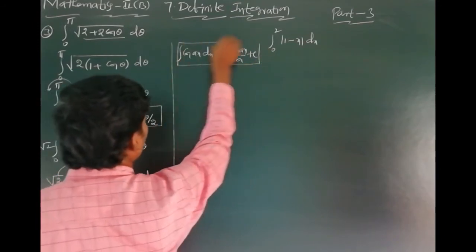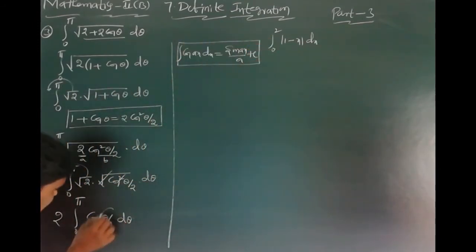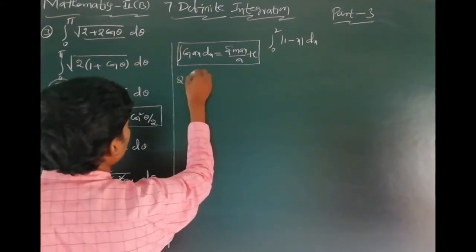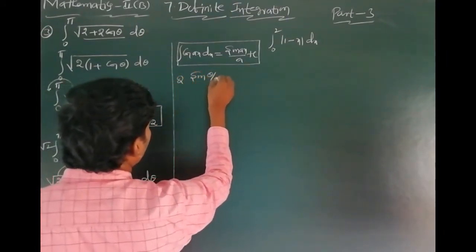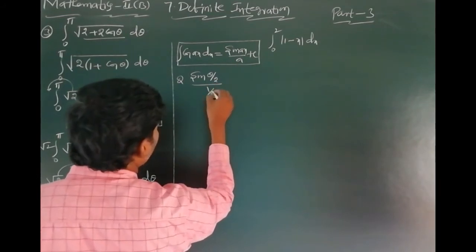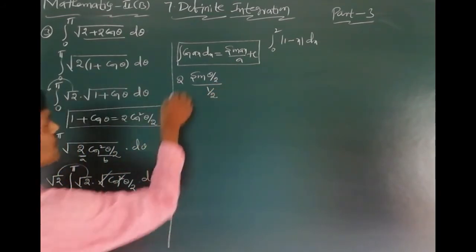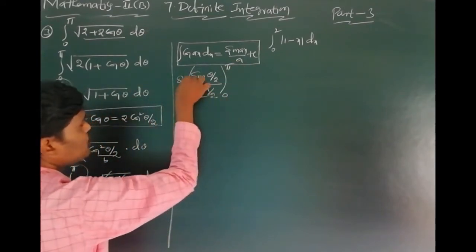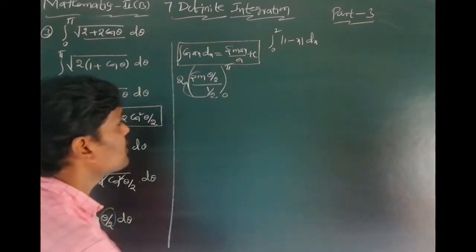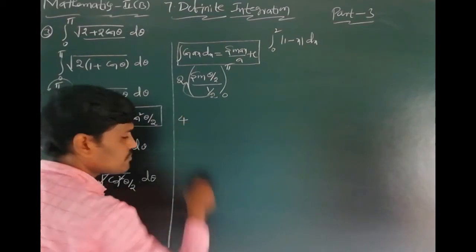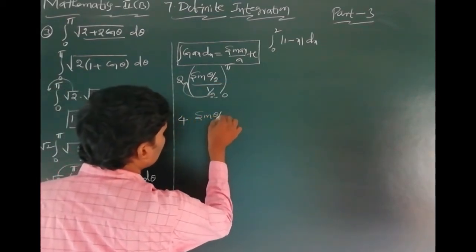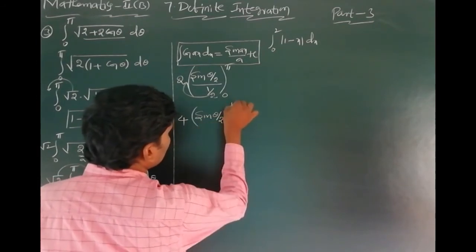This one is the formula. You can write cos ax as cos of 1 by 2 theta. You can write 2 into sin theta by 2, divided by 1 by 2; here a value is 1 by 2. Limits are 0 to pi. Here 1 by 2 goes to the numerator. You get 2 2s are 4. After that, sin theta by 2 with limits 0 to pi.